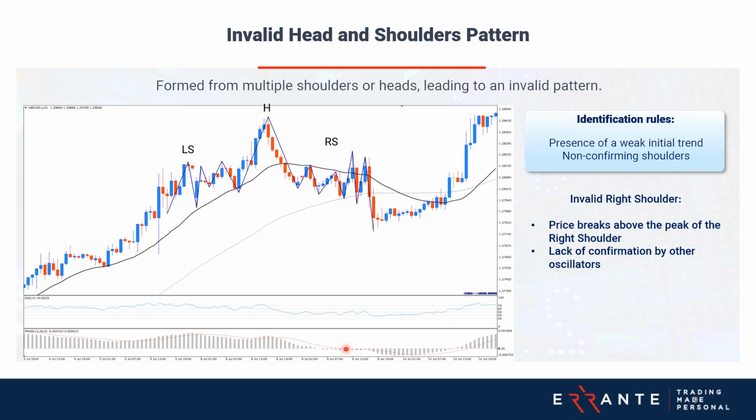The histogram bars remain relatively small, and the MACD lines do not diverge sharply in a bearish direction, further invalidating the pattern. So a key moment to note is when the price breaks above the peak of the right shoulder, somewhere right here, because even if we consider it as a complex head and shoulders pattern, we expect the right shoulder to form lower tops, but not, let's say, somehow piercing the